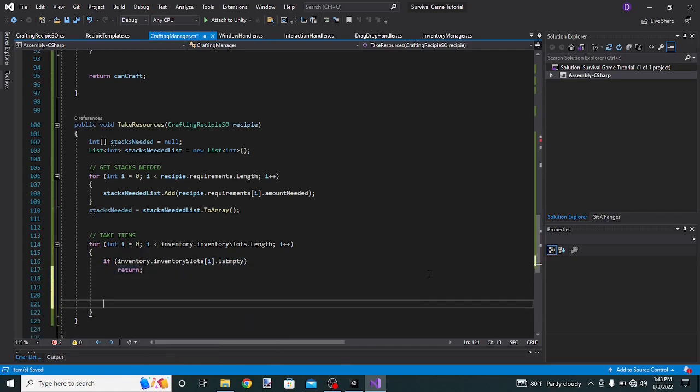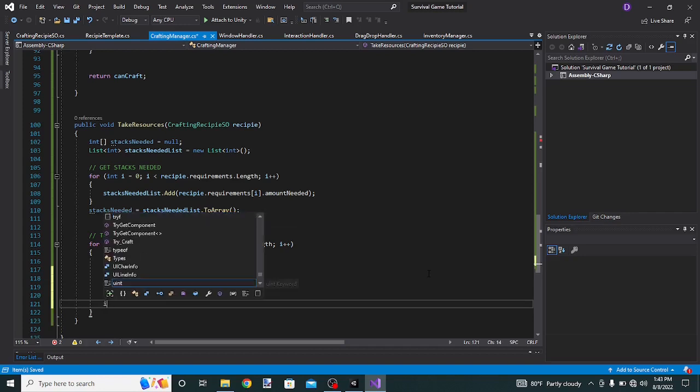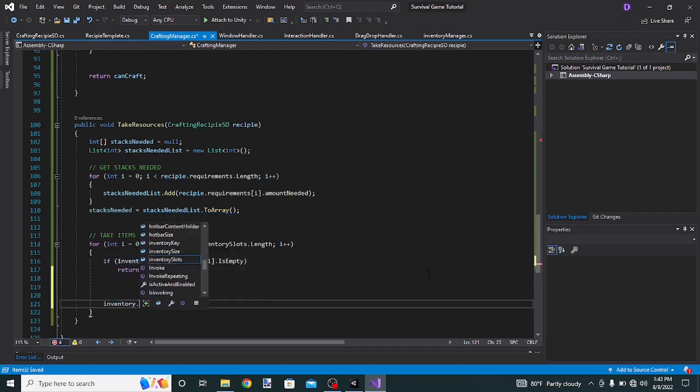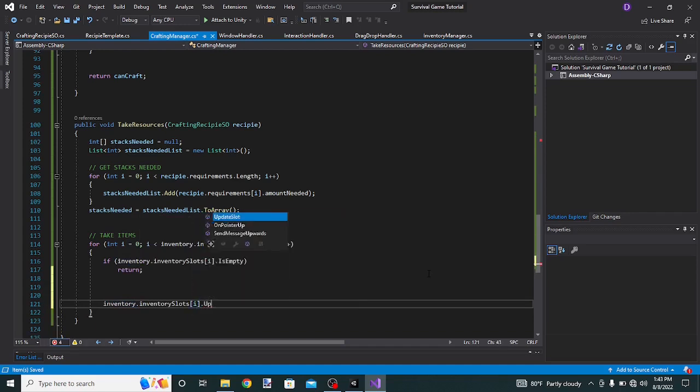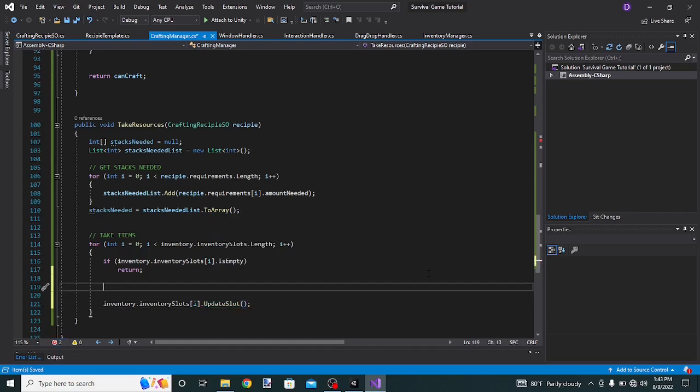Else, first go down here and say inventory dot inventory slots i dot update slot. The reason I'm doing this now instead of after we finish with the for is just so I don't forget. And over here is where all of our logic will go. If inventory dot inventory slots i equals